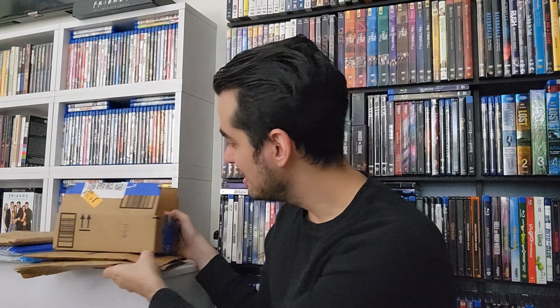If I'm not mistaken, the first pile that I have here is from October 8th. So these are the first packages that we're going to be unboxing together. And then the other pile right here, we have October 15th, which is the next ones that we're going to be unboxing. And as I always tell you guys, these whole videos are basically